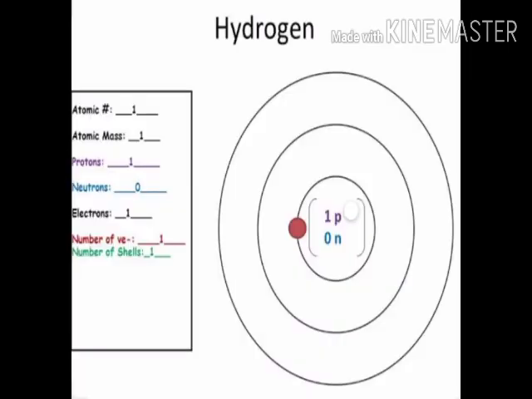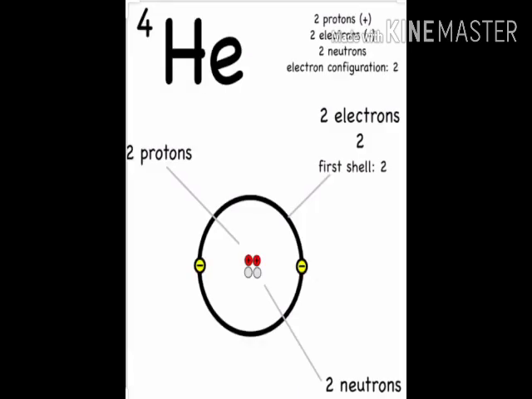Next, we are going to see some structures. This is the structure of hydrogen shown over here, having one proton and no neutron in the center, the nucleus, and electrons revolving around it in the K shell. And other shells are empty because it has only one electron in it, along with one proton. Next, we are going to see the helium atom with 2 electrons and 2 protons. It also has 2 neutrons in the nucleus. The electrons revolve around the nucleus in K shell itself, because K can have a maximum of 2 electrons.